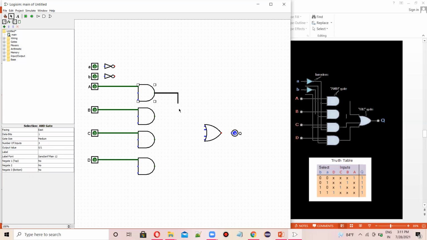Now let's connect these 4 terminals with the OR gate.